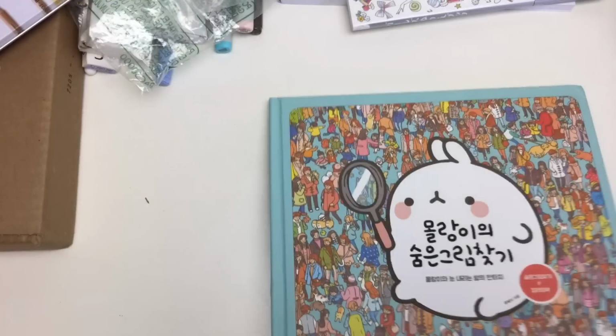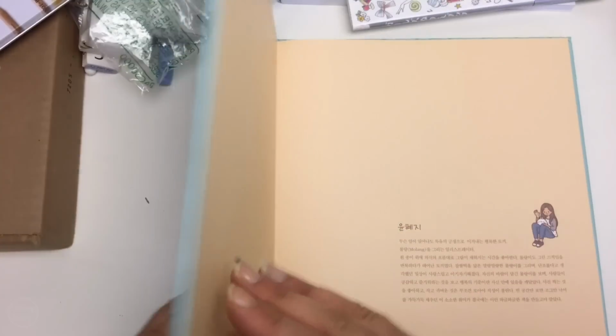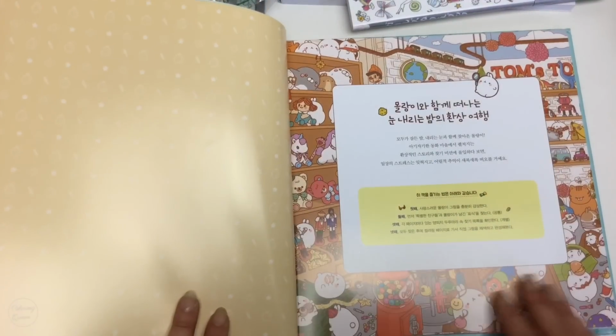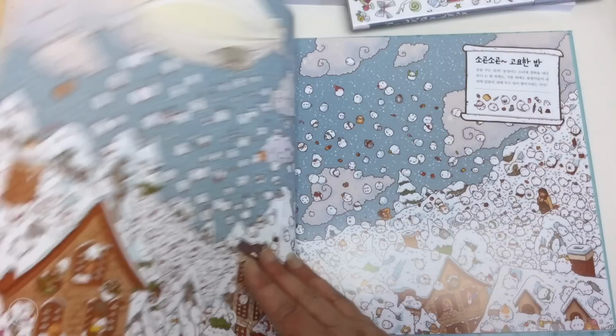Another Korean colouring book, and this one is Mollang the Rabbit, and this is actually hardback. So it's a popular character in Korea, and you probably would have seen it around, and I think we all know why I wanted it. Now this is glossy, so all the front starts glossy, and it reminds me a bit of